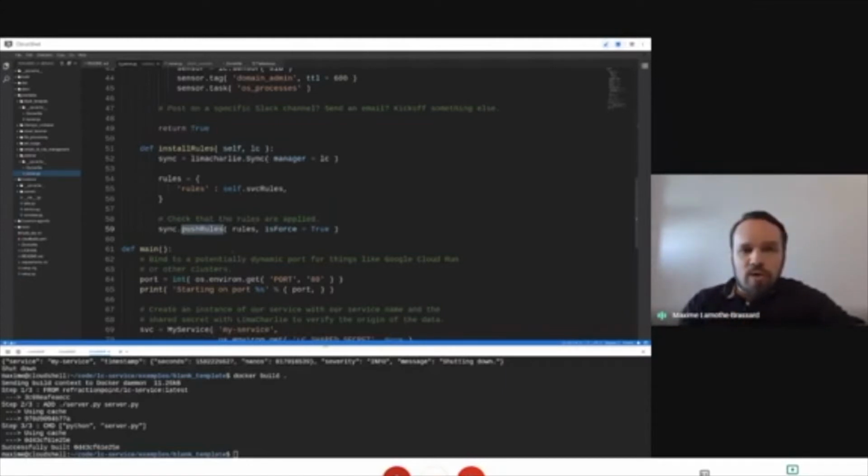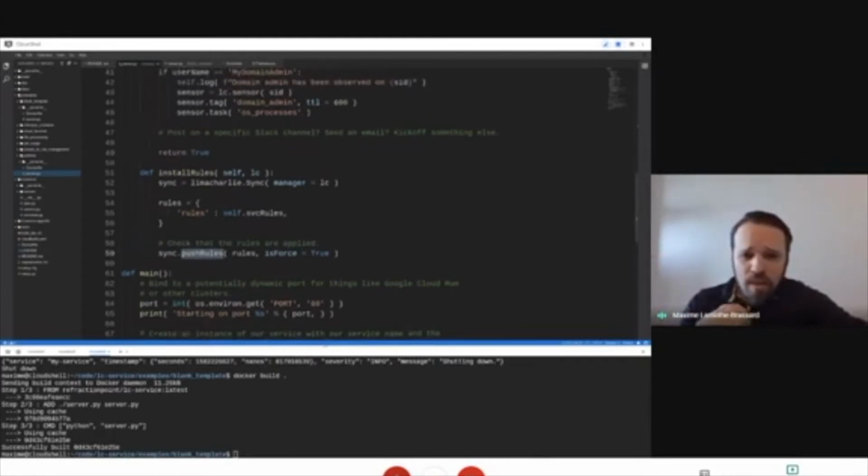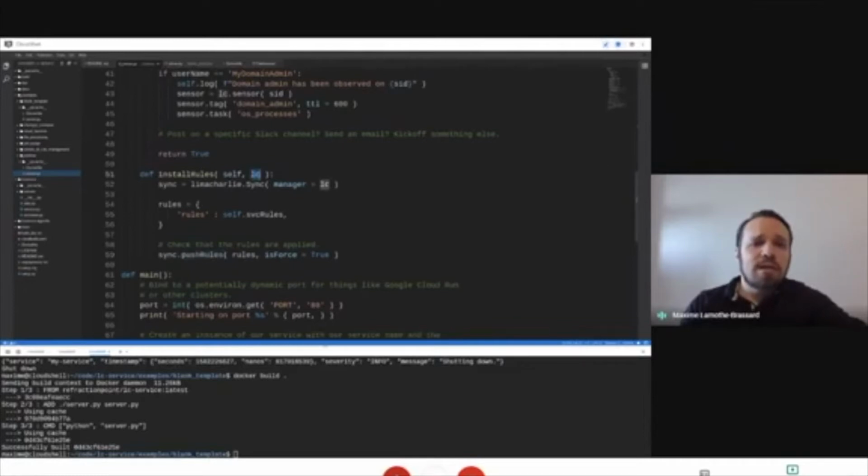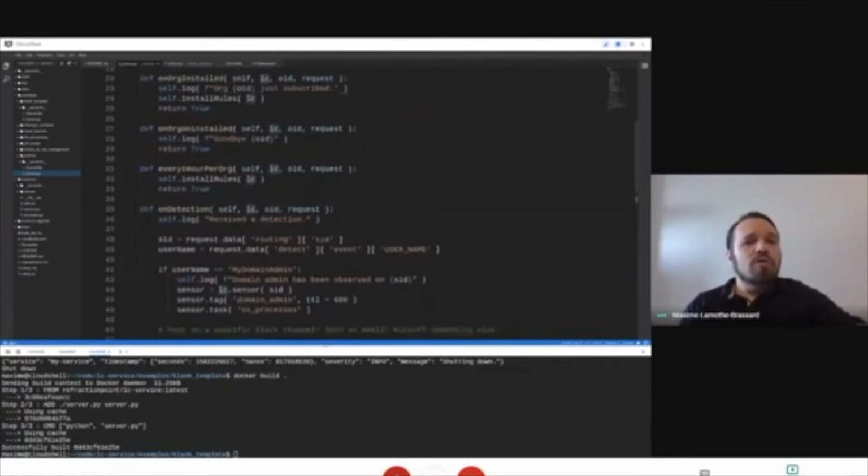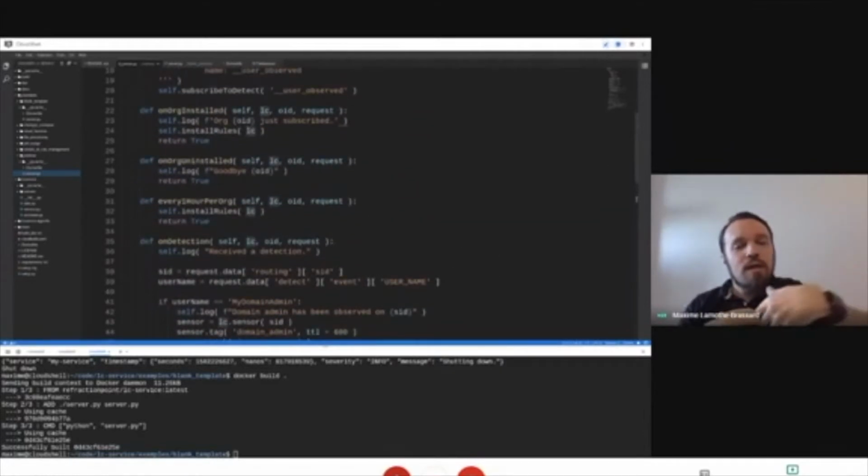Notice that nowhere here are we actually dealing with creating an SDK, setting an organization ID, or authenticating in any way. You just get an LC object. All of the callbacks in your service get 3 items. They get LC, which is a LimaCharlie manager from the Python SDK.